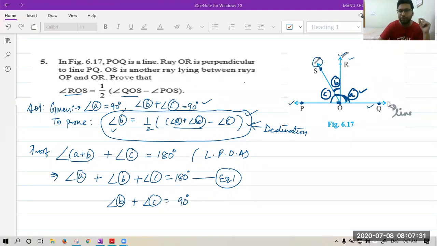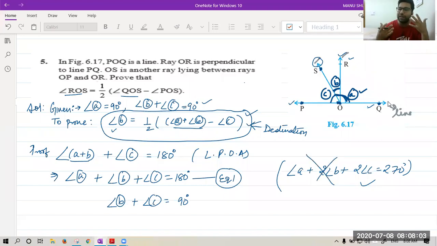Jasnoor is saying add 1 and 2. Now tell me one thing. If you add, what will happen? You will get angle A plus twice angle B plus twice angle C is equal to 270 degrees. Will that solve your purpose? Now what to do? We are again lost. We haven't reached the destination. You reached America finally, no India for you. So this thing will not work.